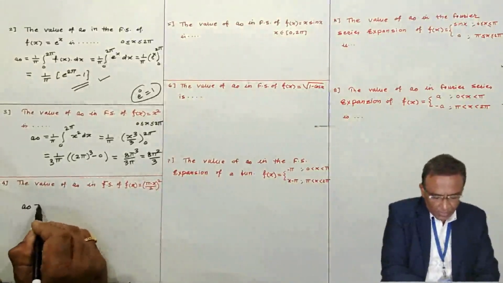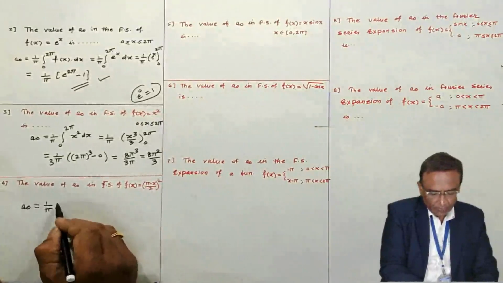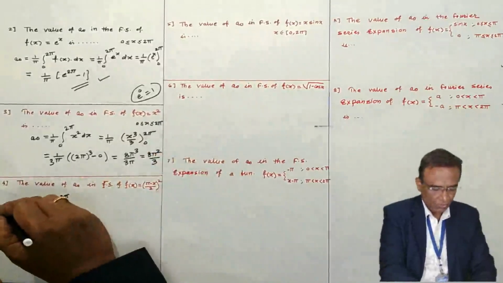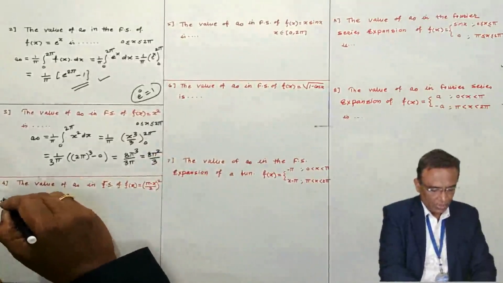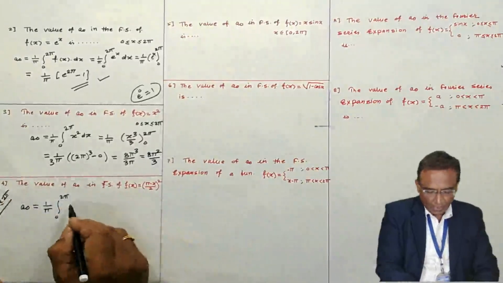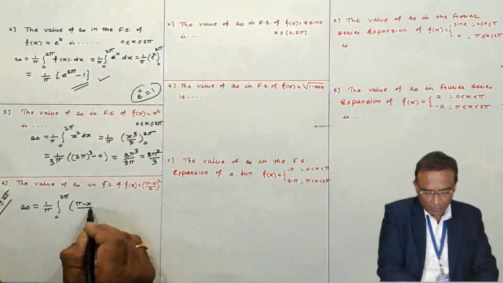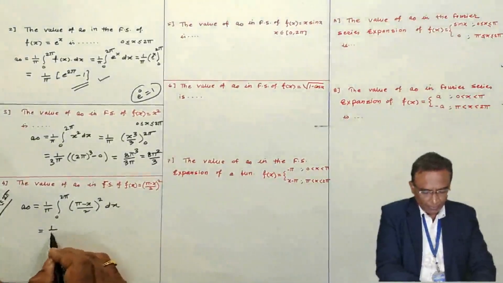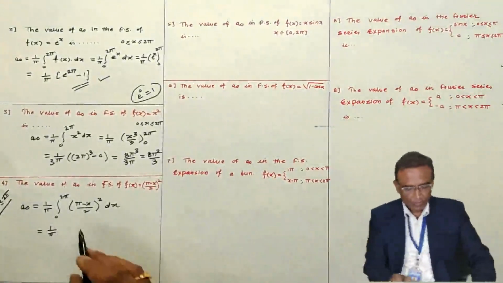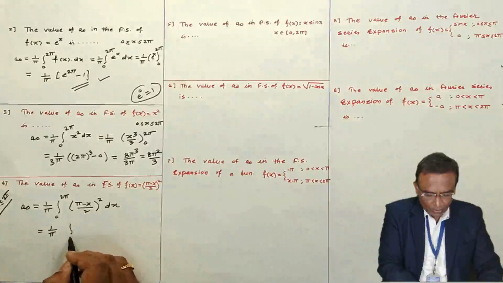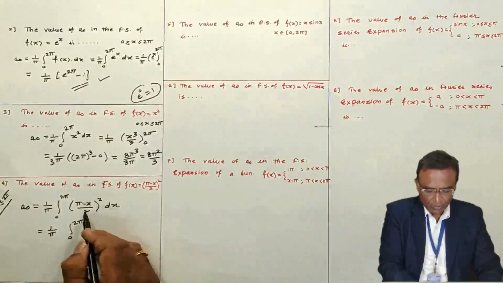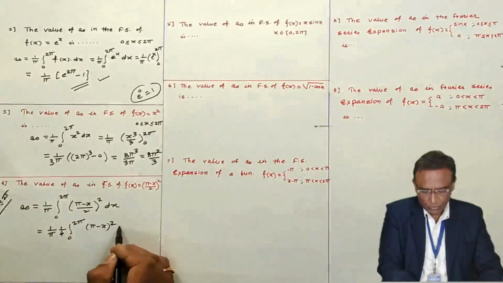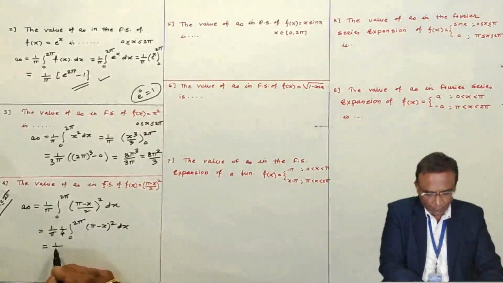Similarly, the value of a0 is what here? 1 by pi integral 0 to 2 pi. Here the range is 0 to 2 pi, because we are discussing problems on 0 to 2 pi. f(x) is (pi minus x by 2) whole square. Now 1 by pi, integral of this thing. You can add one more step, 2 square, 1 by 4 I am writing, (pi minus x) power 2 dx, 1 by 4 pi,